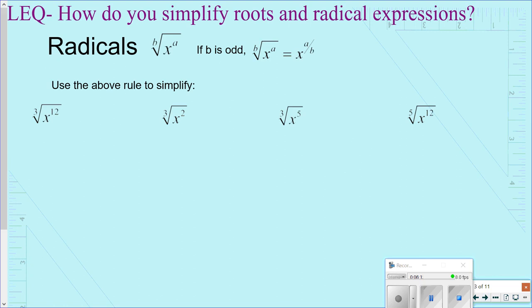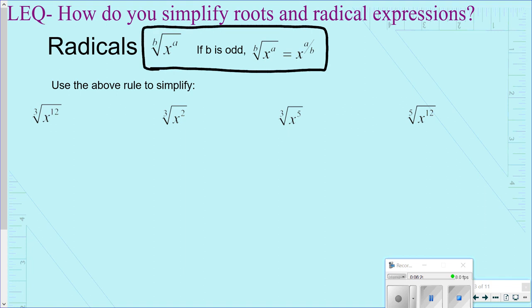Continuing on. All right, so then I had students write this rule, which you learned in Algebra 1. I'm just simply reviewing it. So just write that in your notes. And then after you have that written down, we are going to take a look at using that rule with each one of these examples. So what the rule says, first of all,